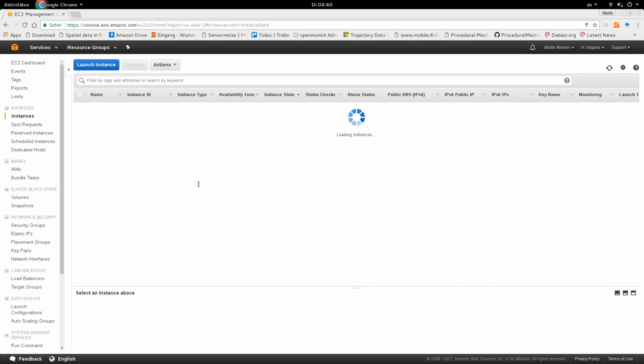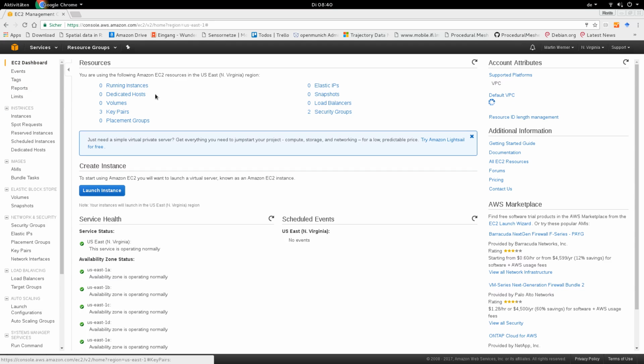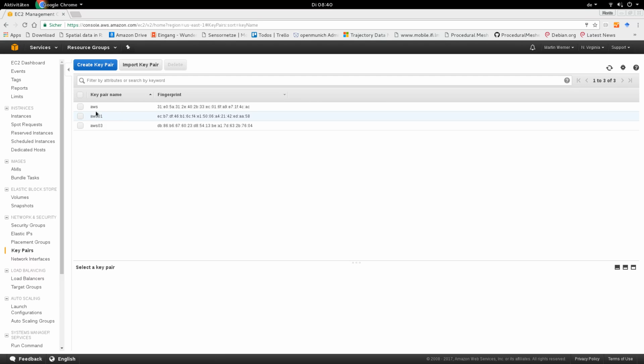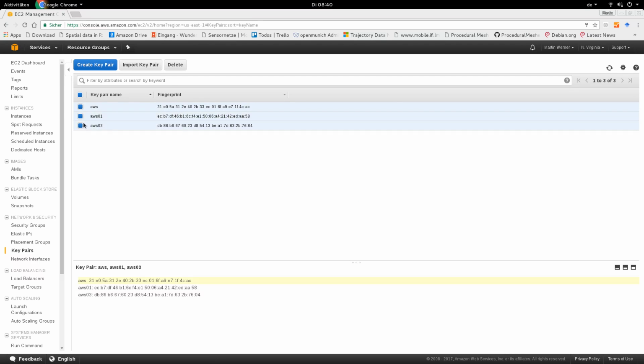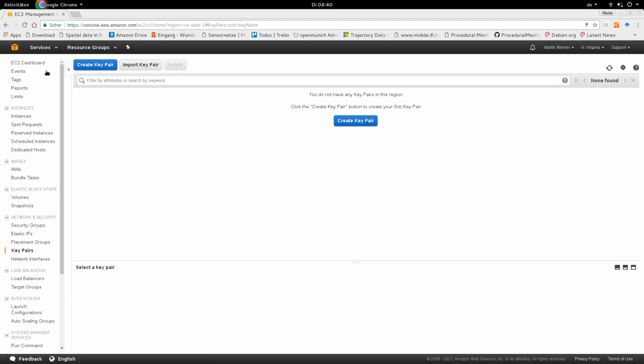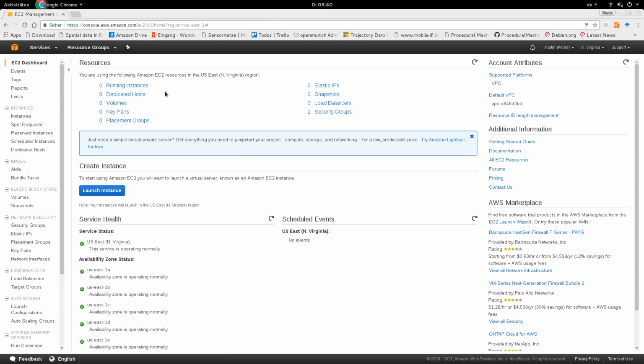Okay, so logging in. We can go to the dashboard and you see that basically there are 3 key pairs. We can delete all of them. This is just cleaning up from previous experiments. And going back to the dashboard, I will explain a bit about this. So here we will have running instances and here key pairs, and each running instance will have a key pair,